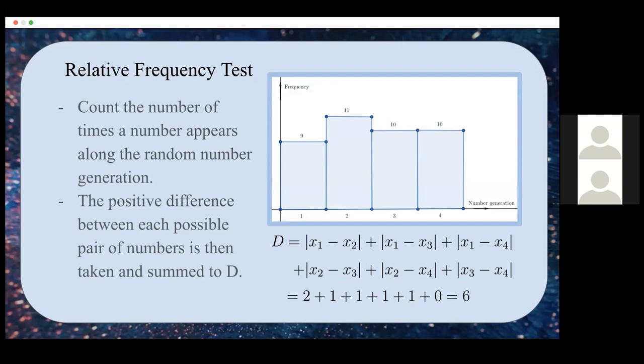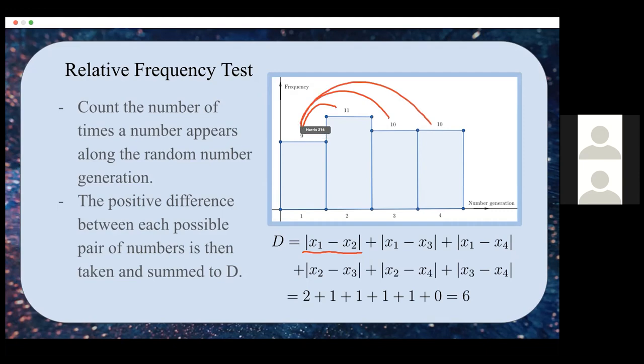Then how do we measure the uniformity? We take the frequency of each value and find the difference between each frequency and every other frequency. We take the absolute value of it, and we sum them together to get D, which stands for deviation. So this term is x1 minus x2, where x stands for the frequency, the first value minus the second value, and the first minus the third,